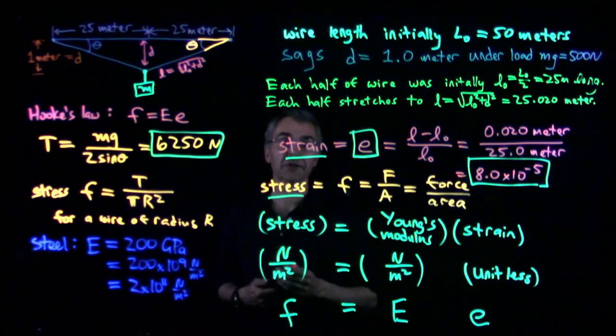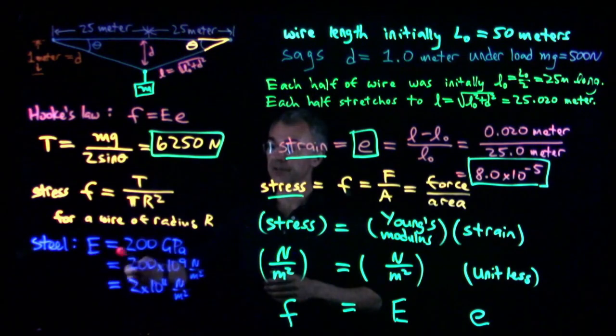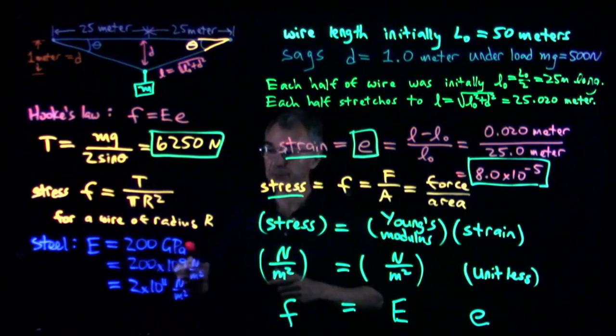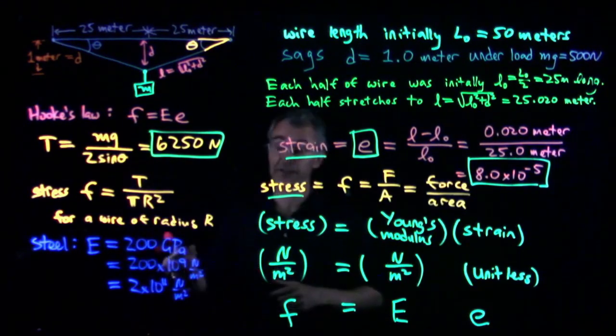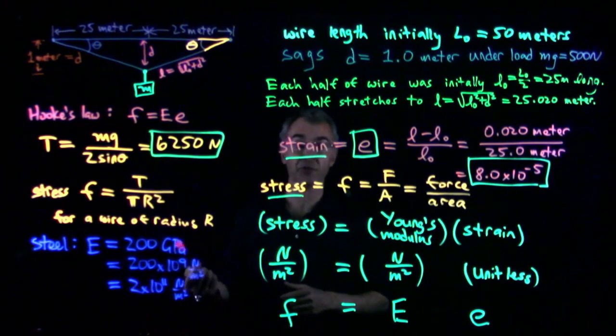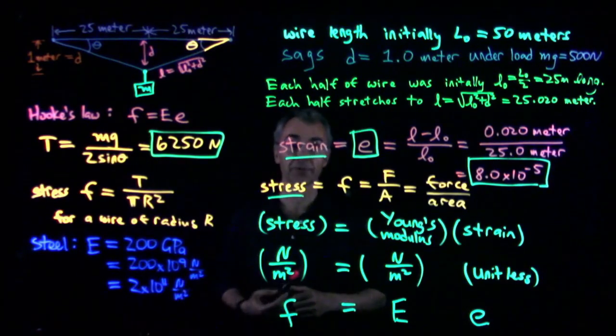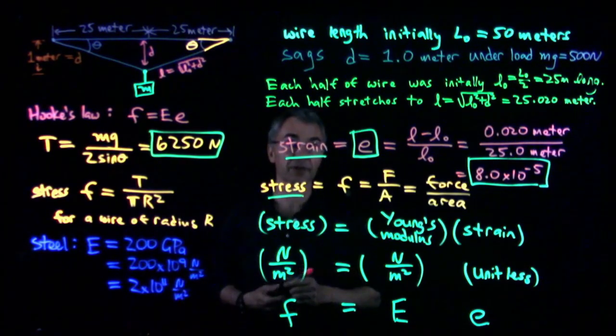If I tell you that the wire is made of steel, then steel has an elastic modulus of 2 times 10 to the 11th newtons per square meter. When I looked that up, it was listed as 200 gigapascals. Giga means 10 to the 9th, and Pascal means Newton per square meter. So 200 gigapascals means 2 times 10 to the 11th newtons per square meter. And by the way, if you look up elastic moduli in US customary units, you'll see numbers quoted in pounds